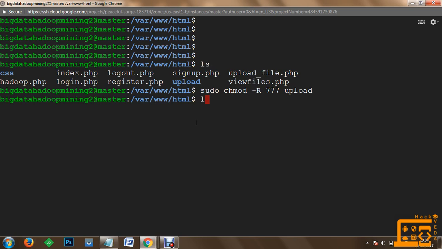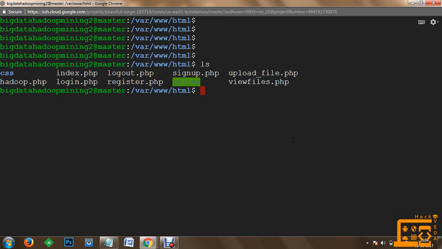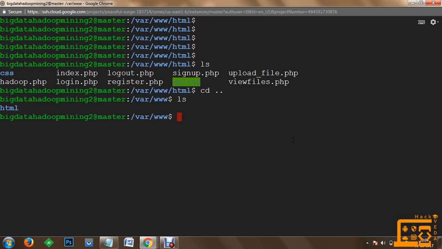So now if you use ls -l, you can see that the upload directory has read write execute permissions allotted. Now as far as this HTML directory is concerned, you have to change the ownership of this HTML directory to www-data, so that your web pages will be able to access the directory and modify the contents.